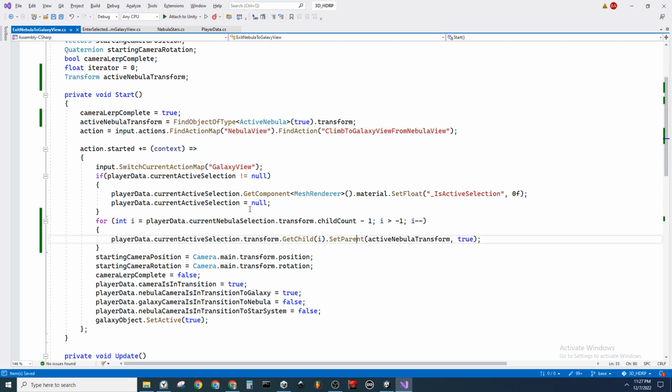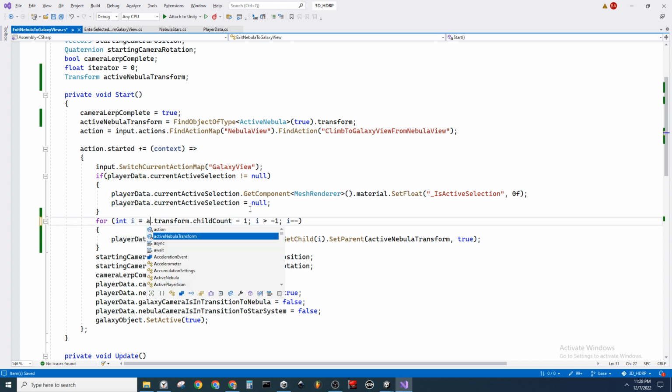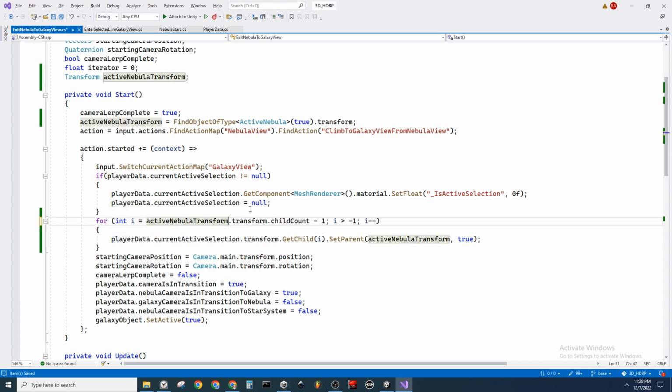Alright, and then from here, we say essentially the same thing. It's basically the exact same thing. So we just say active nebula transform, its child count, and then we're going to go from the bottom up,